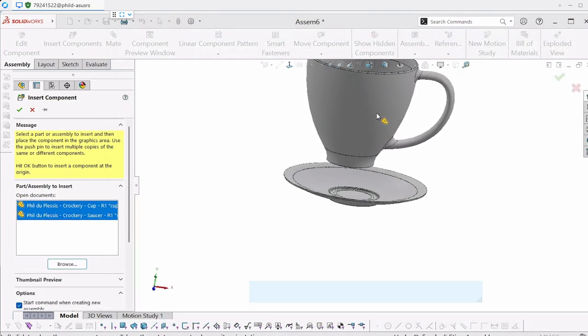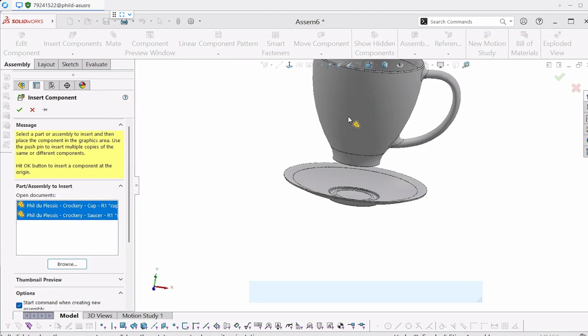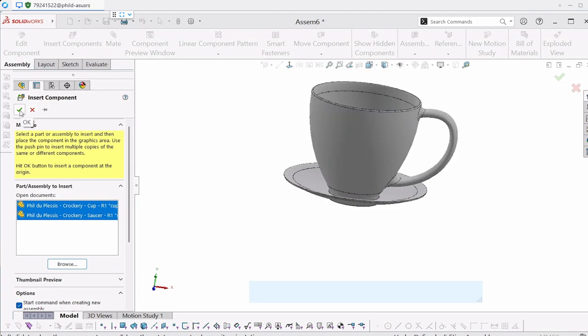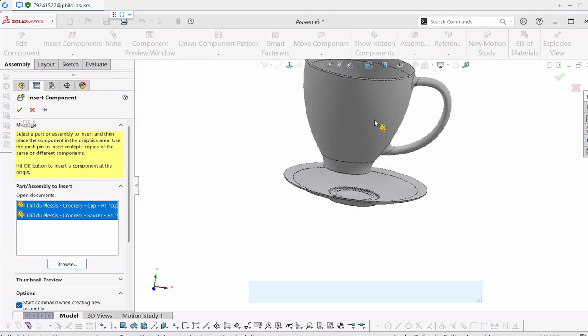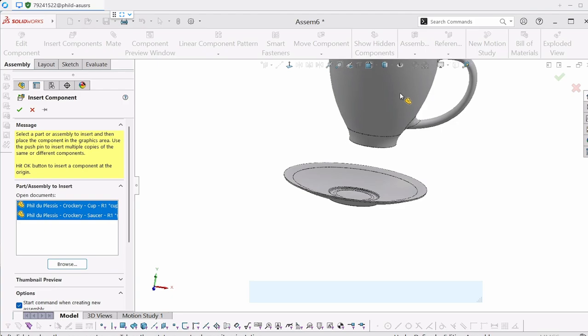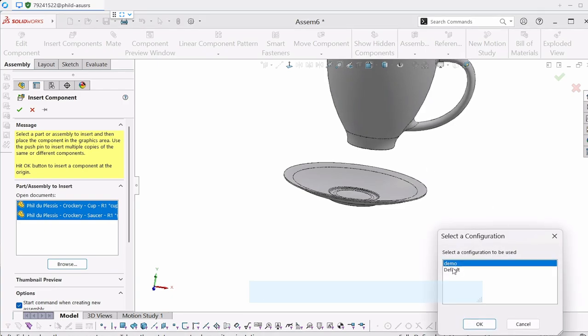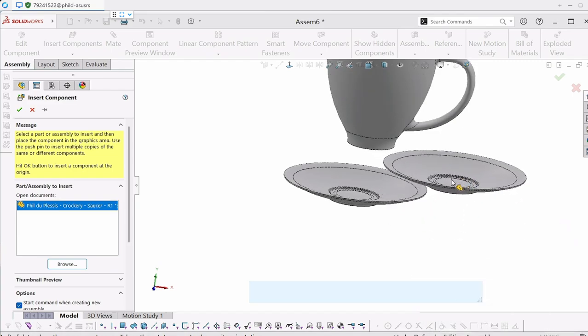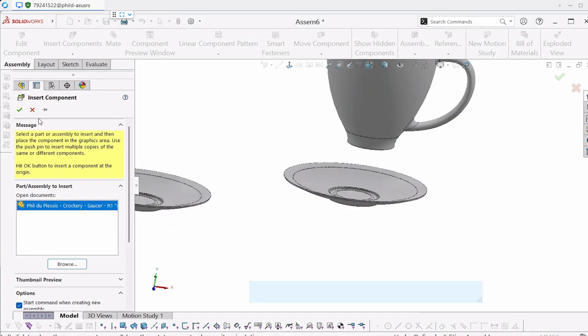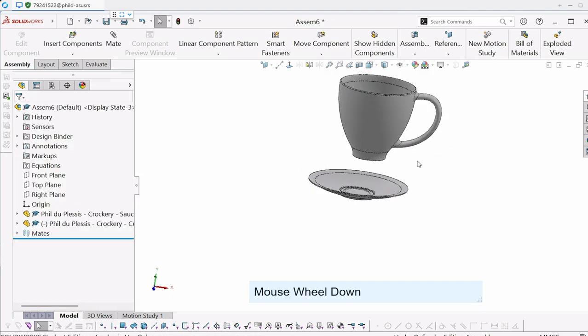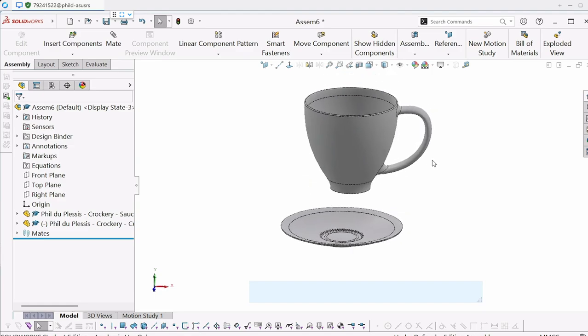In this instance, I want to place the cup in space. I don't want to place it over there because that's going to mean I'm going to have to float it again just to be able to place it properly. So I'm going to place it, I want demo, so that's just which configuration, and I don't want that one. All right, so unfortunately, it's because I've chosen that one there. There we go, so it should be all right. So just deselect the item you don't want